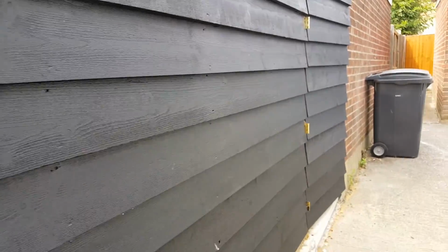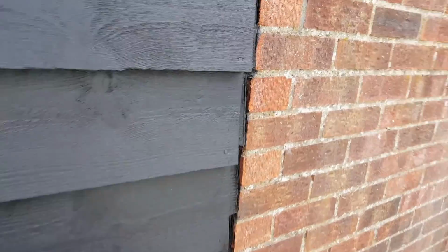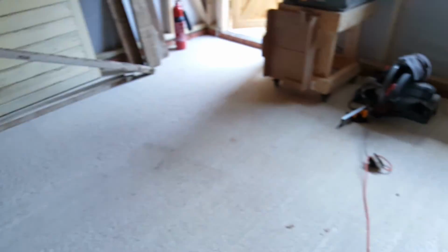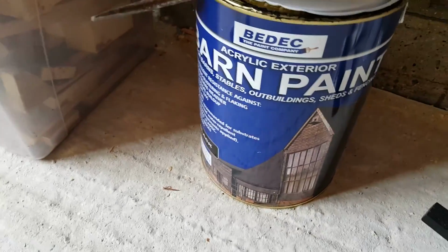And again, this barn paint goes on so fantastic. Now I do have to say it was expensive. It was nearly £50 for a tin of 5 litre, and I've got it here. I will give you a quick show of the tin after I just lock this up. So you can't open this door from the outside, just the inside. So here we go. There's the barn paint,